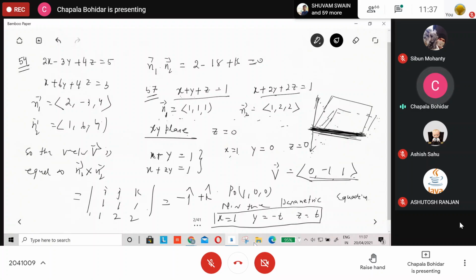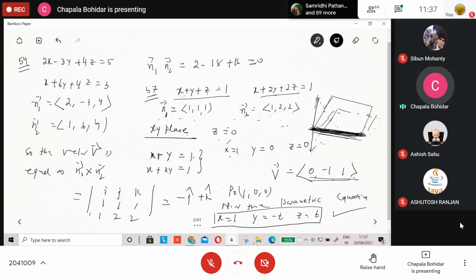After getting this vector, on a plane, because it is x, y, z, we consider any plane where that line passes. So let us imagine z is equal to 0. You can take x equal to 0, or y equal to 0. You can find the point, and at that point you can find your parametric equation. So I'm considering here z equal to 0, the x, y plane. So I'll get my parametric equation like this.